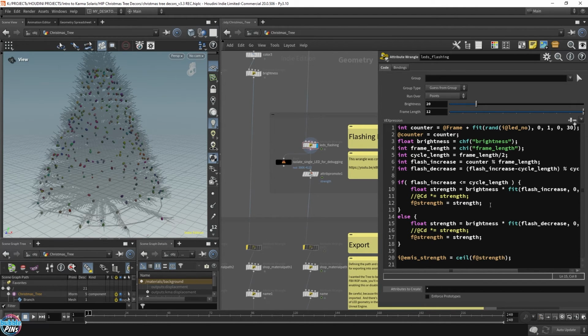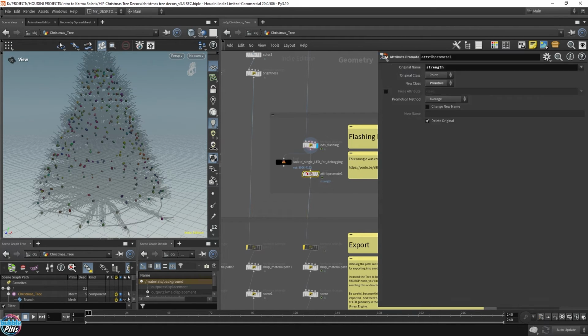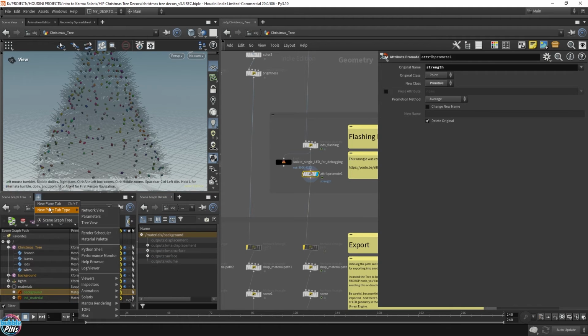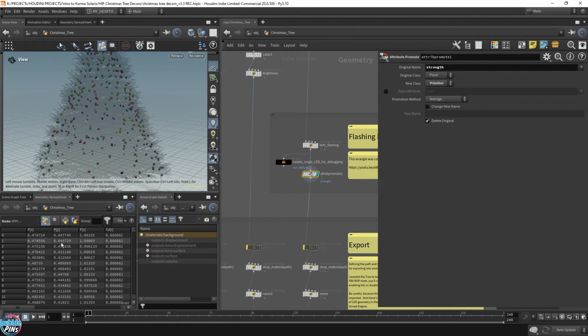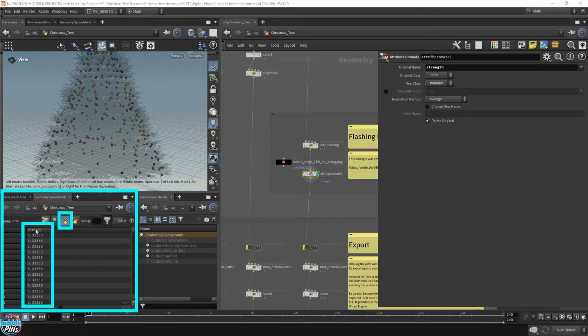And what I did was stick the strength of the brightness into a strength variable. And then I had to promote it to primitives as well, because Karma is all about primitive attributes. It will only read the primitives. If you stick it into the points, it might not transfer over to Solaris, may not grab it. So this is living in the primitives. Let me show you in the geometry spreadsheet. Primitives, and we have a strength value here. You can see that some of the LEDs are the same value, some of them are different,